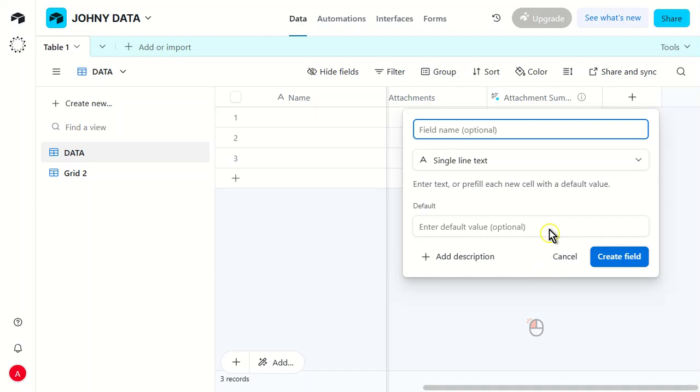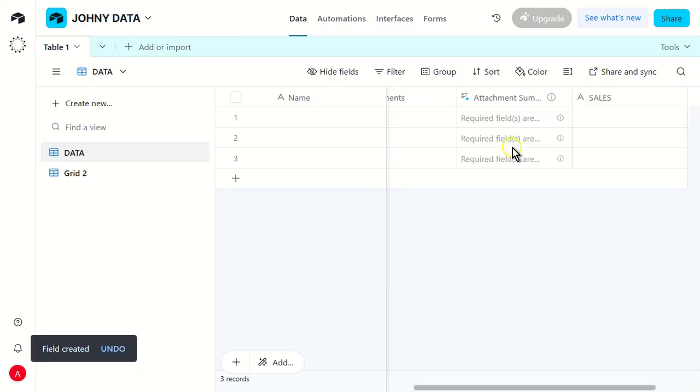Remember, the more you use Airtable, the more you'll understand how to tailor it to your needs. And that's it, folks. Keep experimenting, keep organizing, and you'll soon realize why Airtable is such a powerful tool for